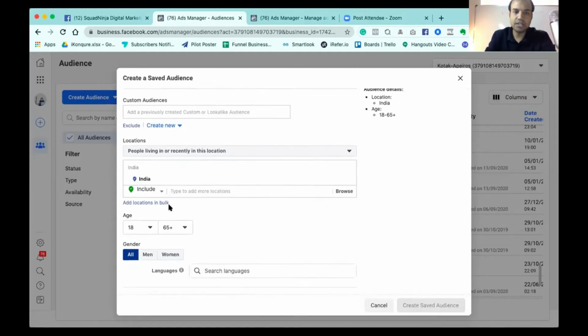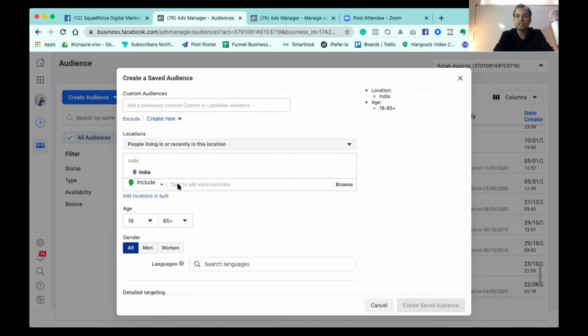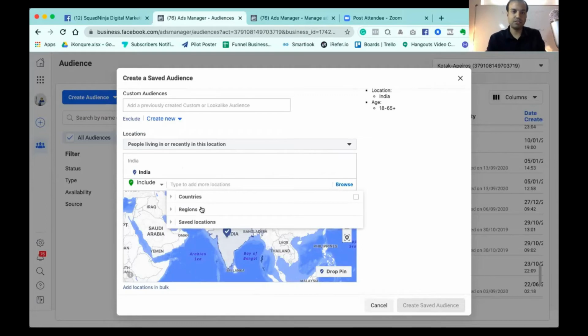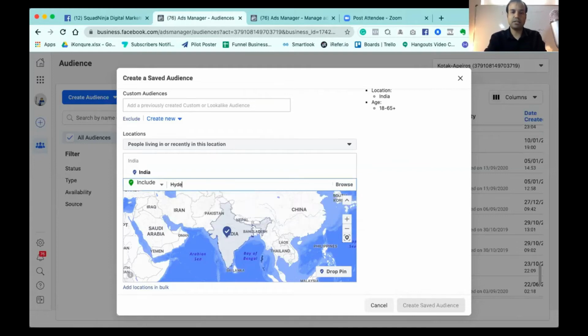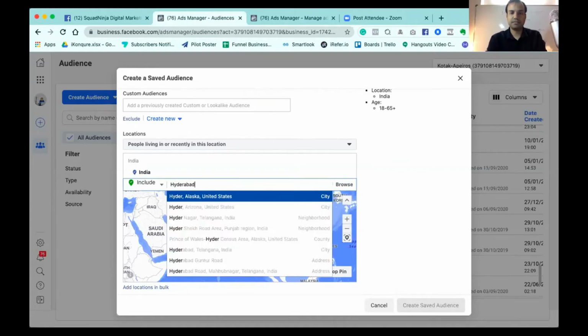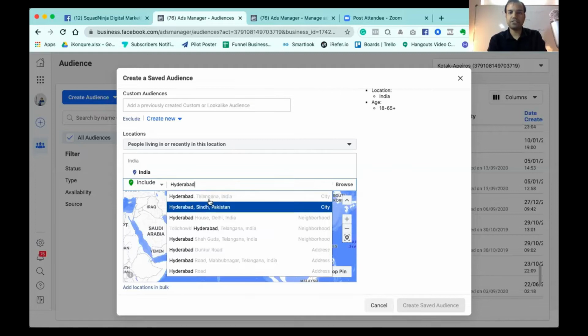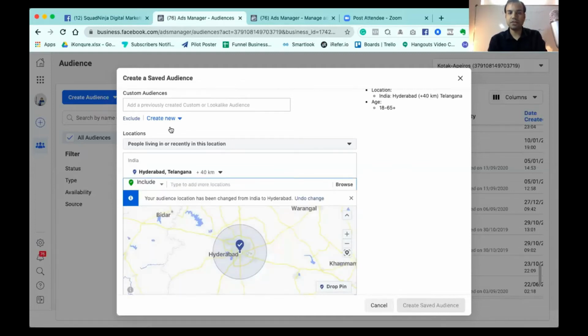Now here you can select the country, or you can select a particular location. If you say country, region, saved location, you can select. For example, I want to select only Hyderabad. In India there is Hyderabad, and you can target people in a 40-kilometer radius, right?